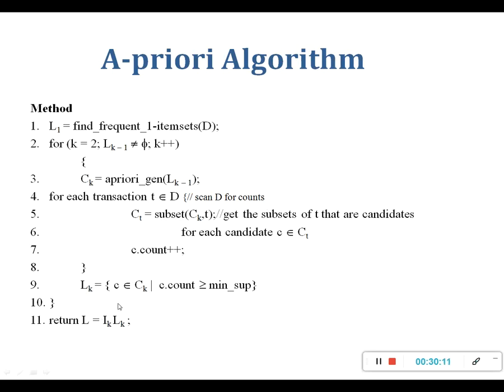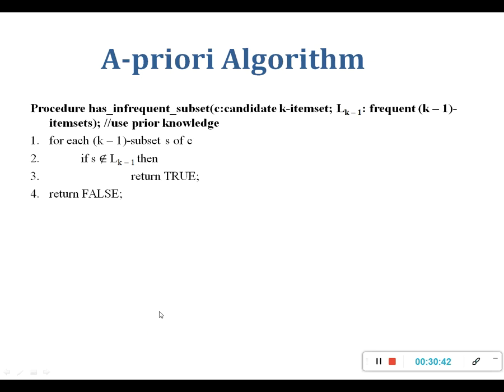Whatever items are selected, they should have their count greater than or equal to the minimum support. That is, the support count of the selected item sets should be greater than or equal to the minimum support, and likewise you have to generate your L1, L2 and L3 lists. And after that we return the overall merged list of the item sets, our L list, at the end.